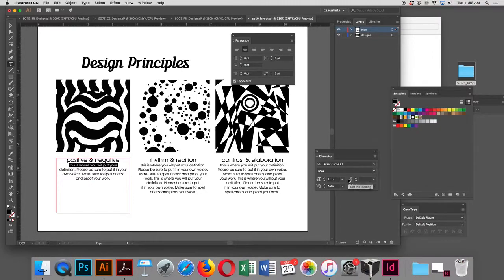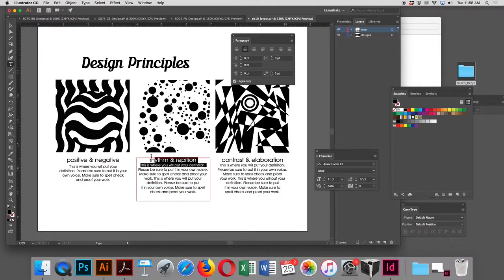So if you roll over this here, you'll see that in character, you've got something called set the leading. And I'm going to go ahead here, and I'm going to set my leading to what I think looks pretty decent. So let's set it at 17. Now, I want it to be the same across the board. So I could click in here, and I could highlight this, and I could type in under leading,